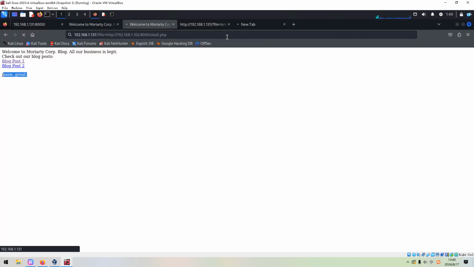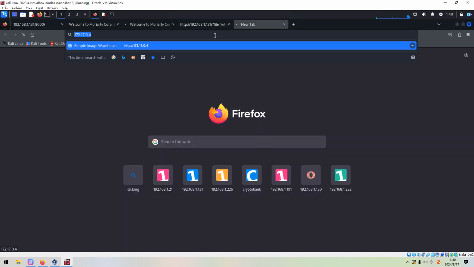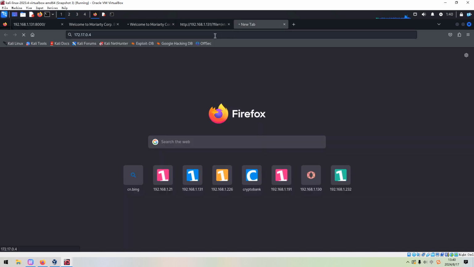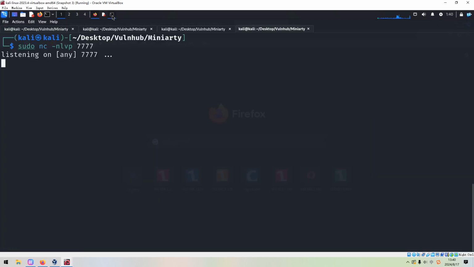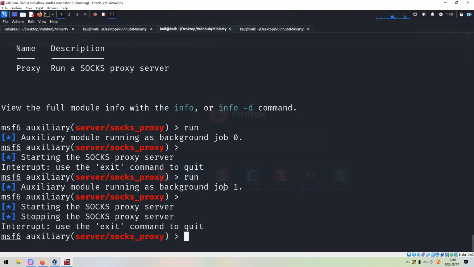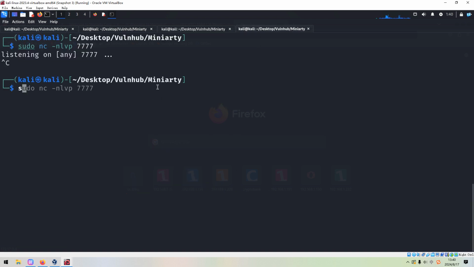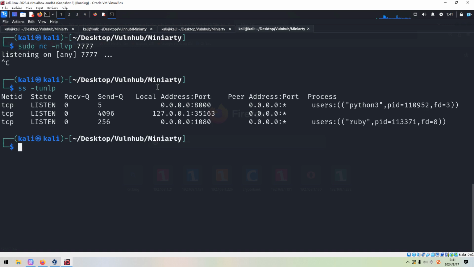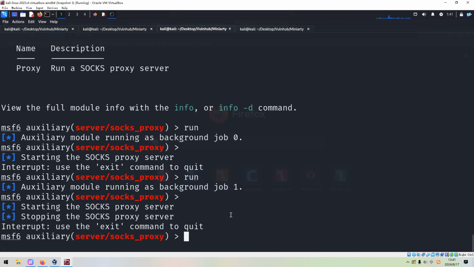Now we go back to the browser, press enter. Even so, I think the Meterpreter session is not very stable. Stopping.